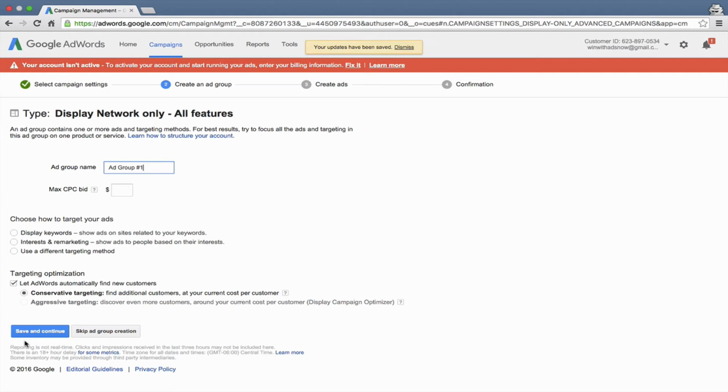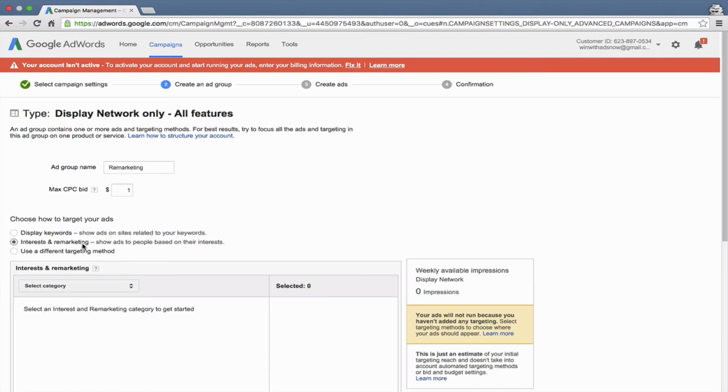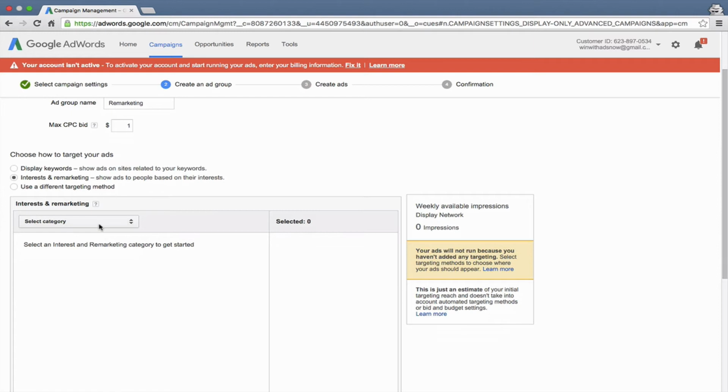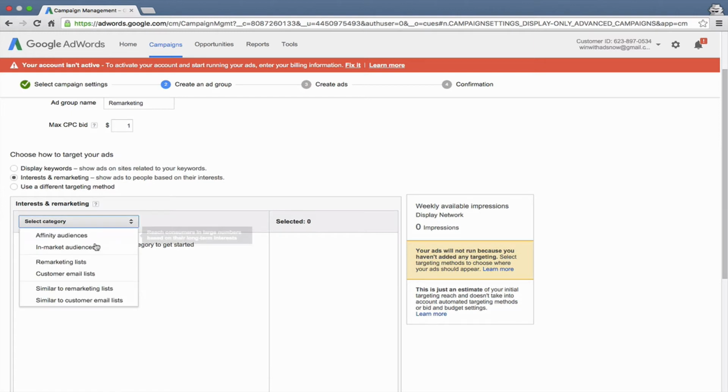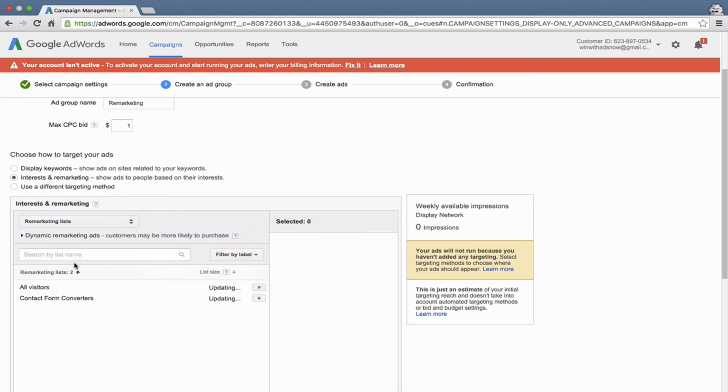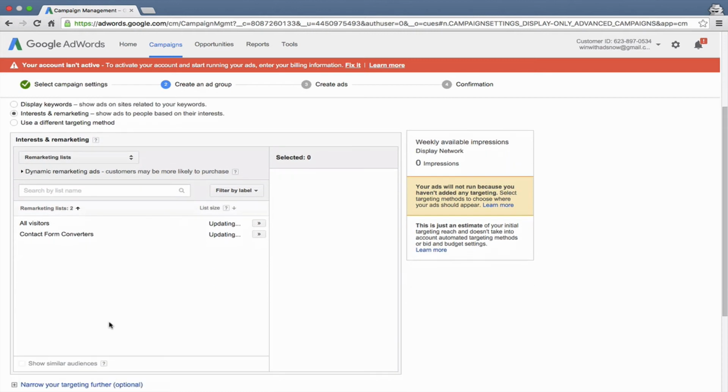And then this is where we create an ad group. And we'll call it remarketing. Put a max CPC in there of $1. And here we go. So you can see the interest in remarketing option down here under choose how to target your ads. Click on that. And then here where it says select category, click on that. And right here, click on remarketing lists,